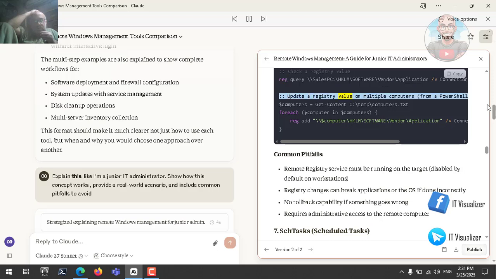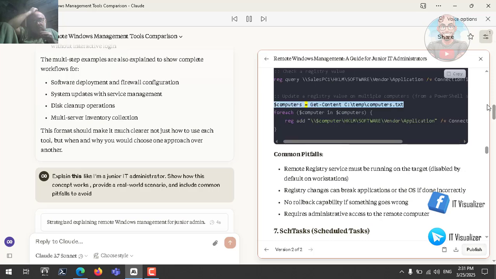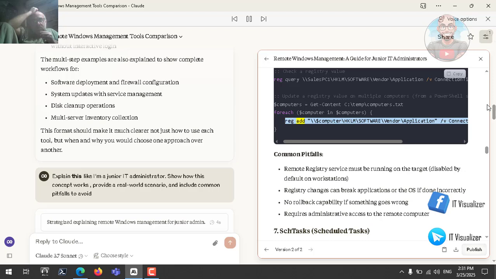Update a registry value on multiple computers from a PowerShell script. $computers = Get-Content C:\temp\computers.txt; foreach ($computer in $computers) { reg add \\$computer\HKLM\Software\Vendor\Application /v ConnectionTimeout /t REG_DWORD /d 30 /f }